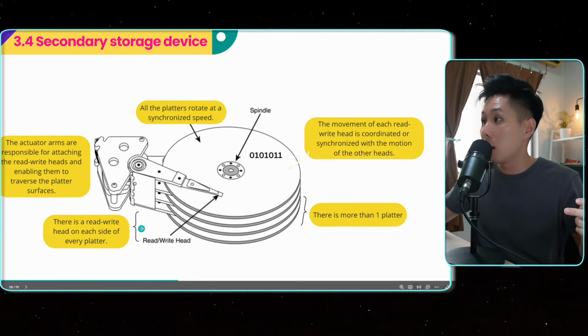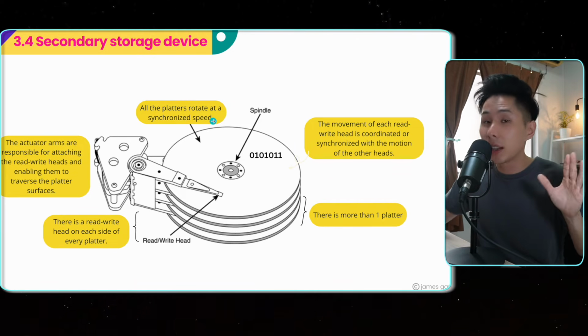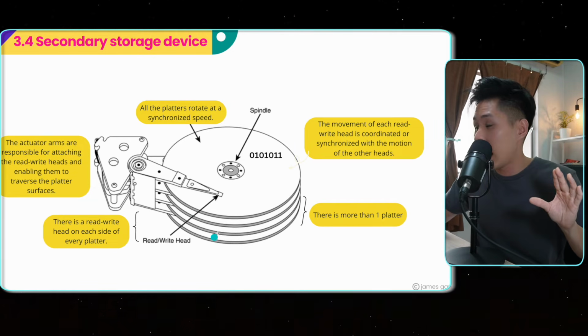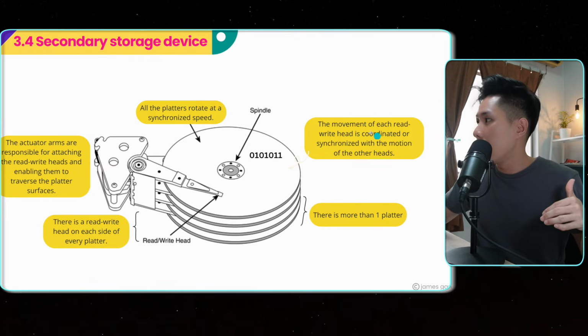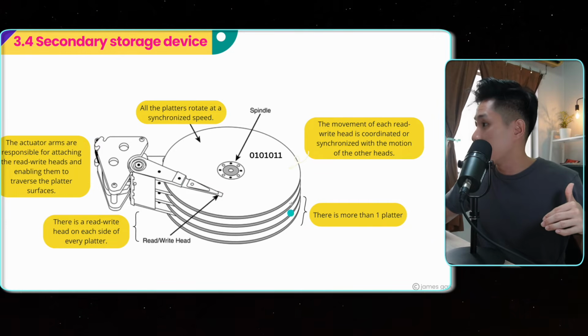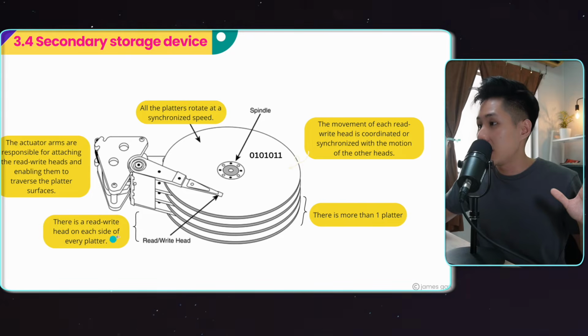I'm going to go clockwise. All the platters, this here is called a platter, rotate at a synchronized speed. So I have 3 or 4 disks here, and they all rotate at the same speed. And the movement of each read-write head is coordinated or synchronized with the motion of the other heads. There's more than one platter in a magnetic drive, and there is a read-write head on each side of the